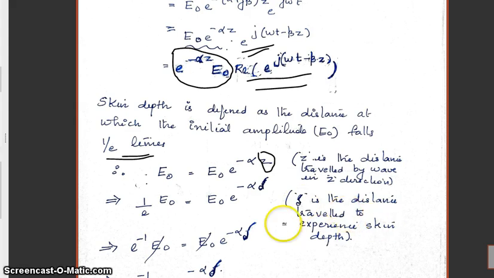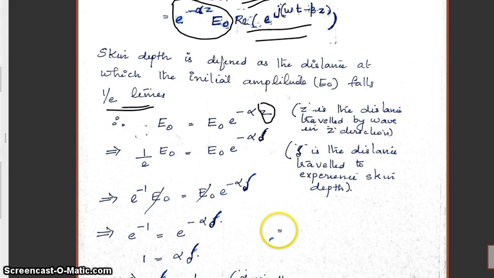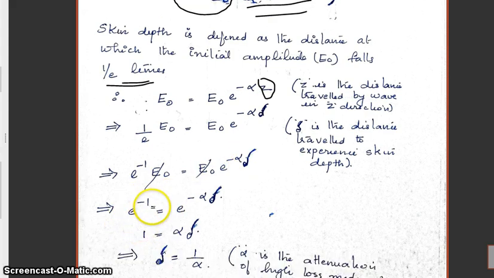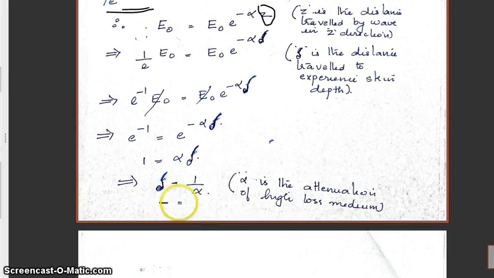That is, when the wave travels distance del, the amplitude will fall to 1 by e times E0. So hope it is clear. In the next step, e raised to minus 1 into E0 is equal to E0 into e raised to minus alpha delta. E0 and E0 cancel, so finally I can write e raised to minus 1 is equal to e raised to minus alpha delta. So I can write that the exponent 1 is equal to alpha delta. From that, delta is equal to 1 by alpha,